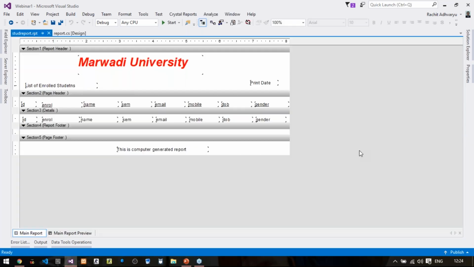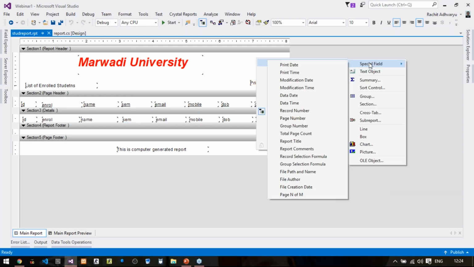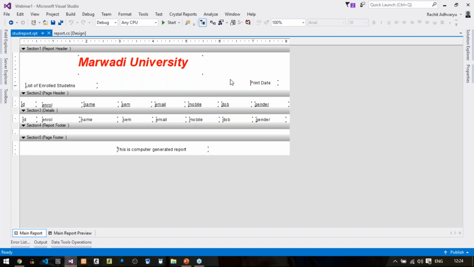And the controls that we put manually, that means right click, insert, special field, print date, print time, whatsoever options you put, these are the parameters that we put manually. That was not the part of Crystal report, that was not created automatically. So this is what we call the pull method. Clear?